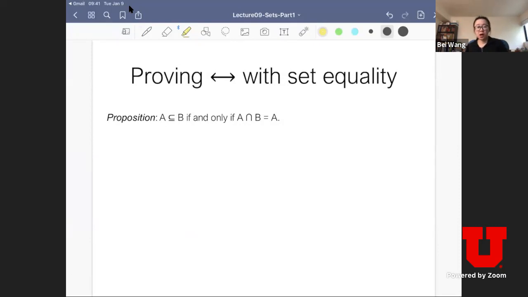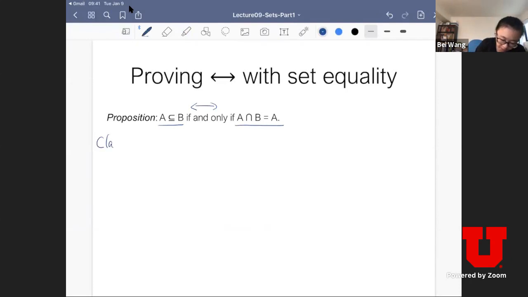Now, we want to prove an if and only if condition. Okay. So again, I'm going to give you a sketch, and this is a good time to pause the video and see if you can solve this on your own. So we want to prove A is a subset of B if and only if, which is a double arrow, A intersect B is equal to A. So because it's a double arrow, when you prove it, you need to prove each direction of the arrow. So let's say the first part,